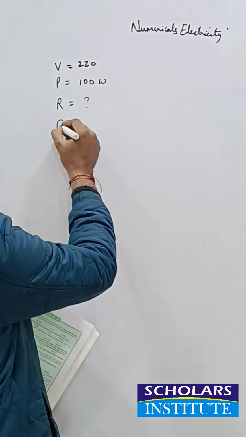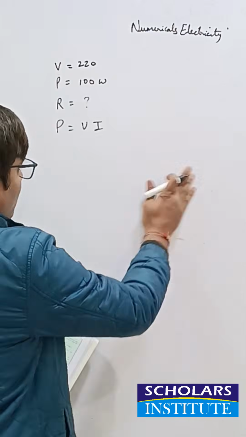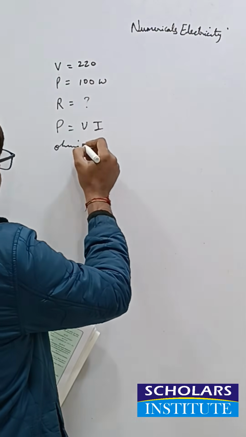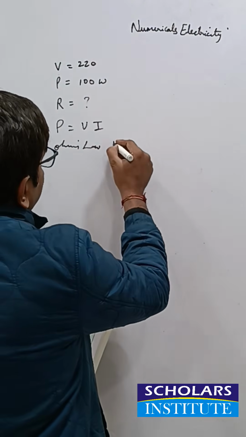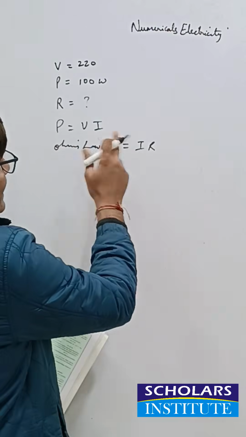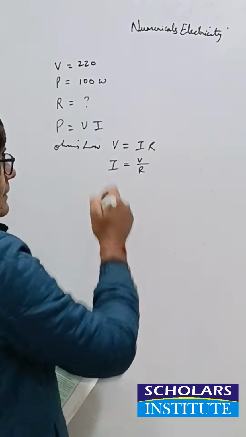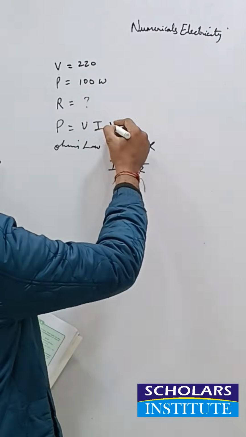वैसे हम क्या जानते हैं? P is equal to VI. We know this. Okay. अब by Ohm's law, we know that V is equal to IR. So we need to replace I. So let us take I. I will be equal to V upon R. So we will replace I in this formula